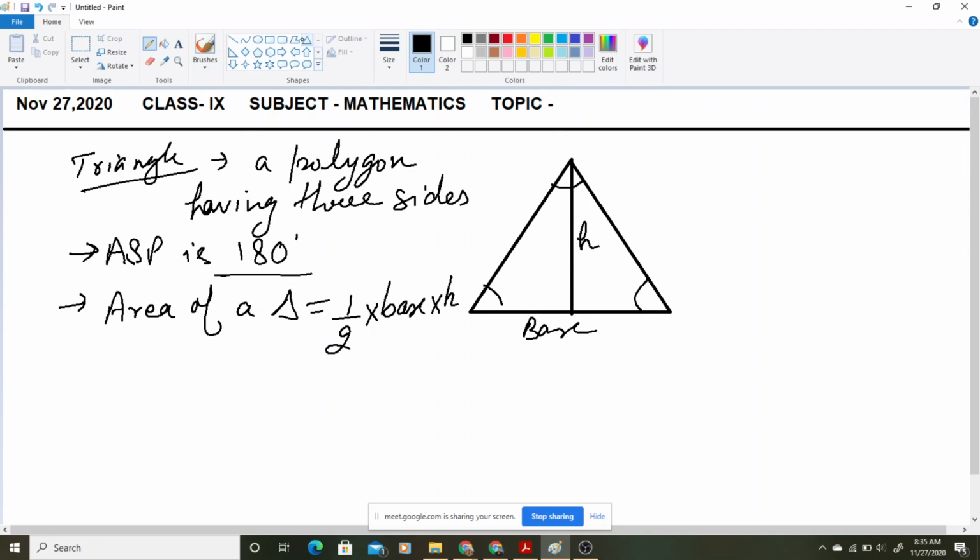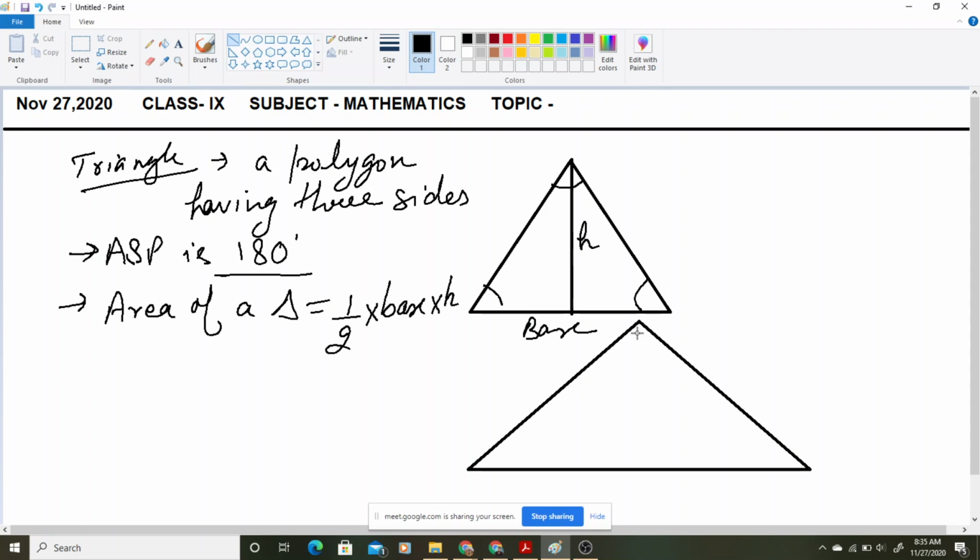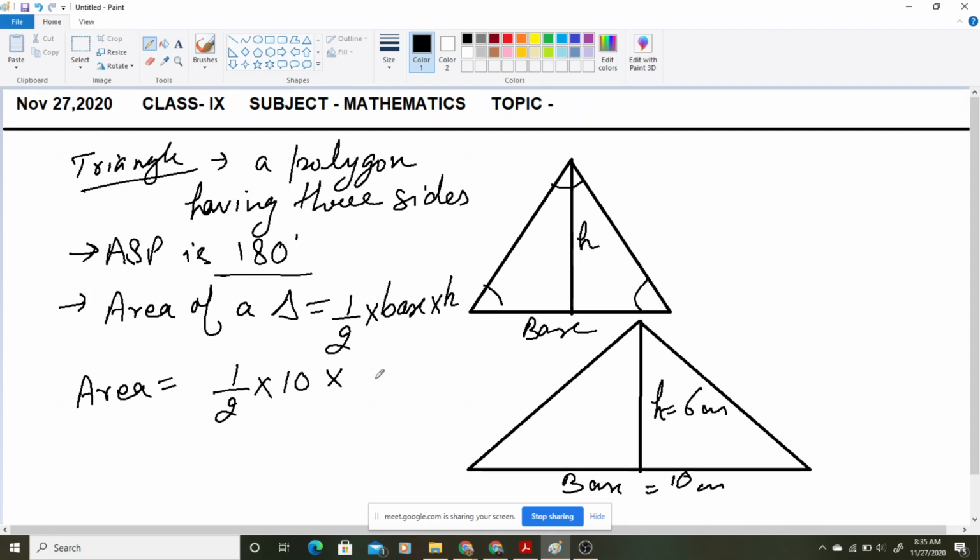That means if you are given with any triangle, suppose you are given with a triangle like this, okay, and you are given with its height, suppose this height is equal to 6 centimeter, this base is equal to 10 centimeter. You can easily calculate the area. तुम लोग बहुत easily area calculate कर सकते हो by multiplying the base, that is 10, multiply by height, and you will cancel it out. 2 3 just 6, then it will be 30 centimeter square. Okay, you can easily calculate the area of a triangle when its base and height are given.